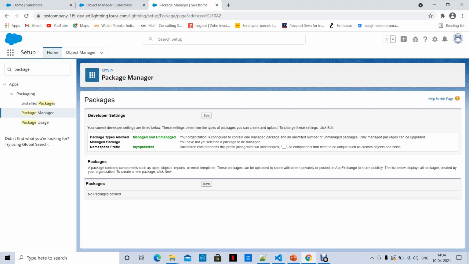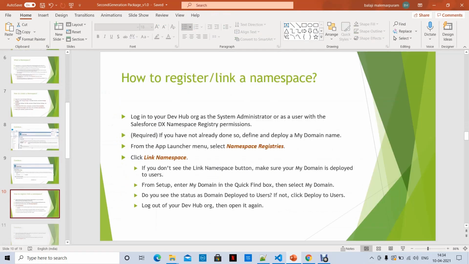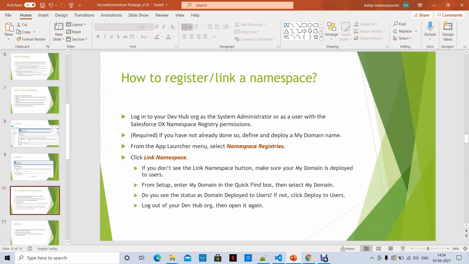Now, what we have to do, next step is, once it is done, we have to register or link this namespace with the Salesforce org where we enabled DevHub and second generation packages.